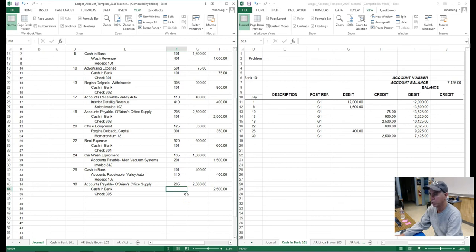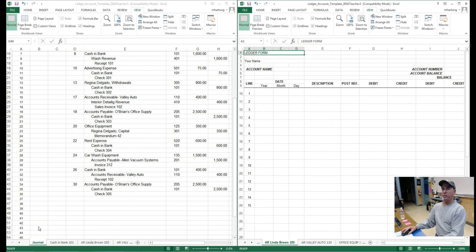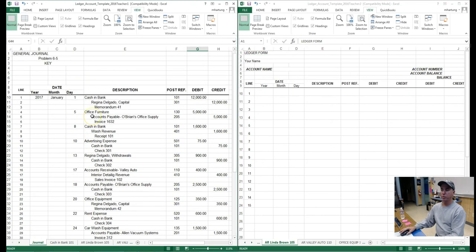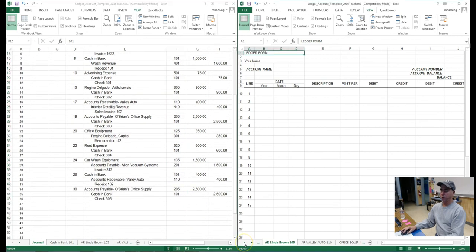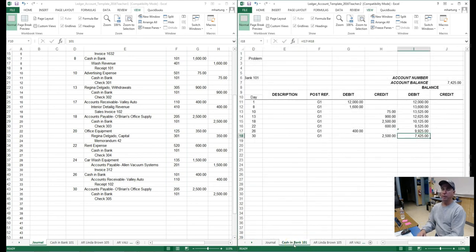We still need to do a trial balance. So at this point, we have all of our journal entries completed, and we have posted all of those journal entries into their respective accounts in the general ledger. So now we can look at this, and we can answer questions such as on January 30th, how much cash do we have in the bank? The amount of cash we had in the bank on January 30th, the end of the month,